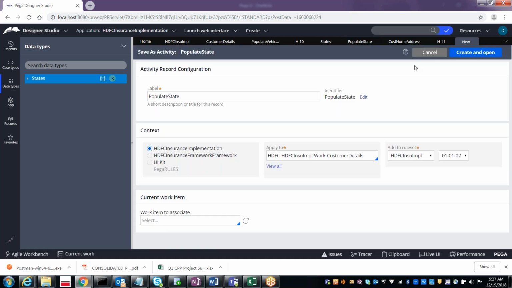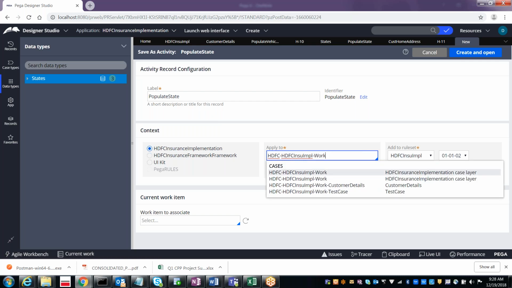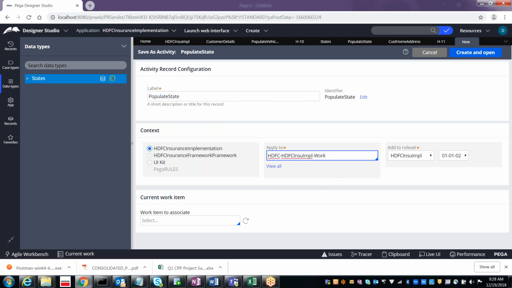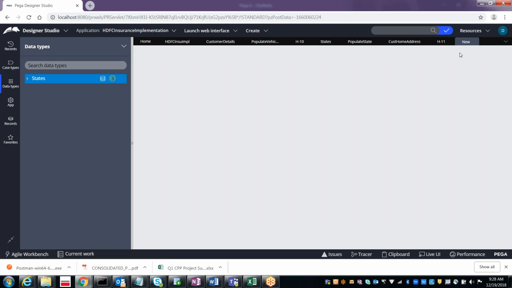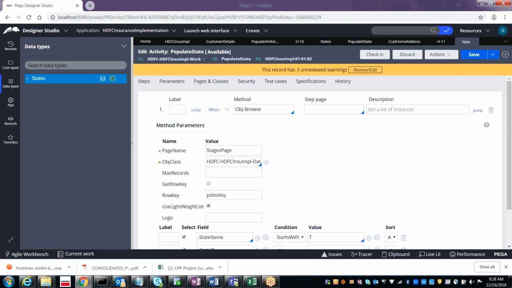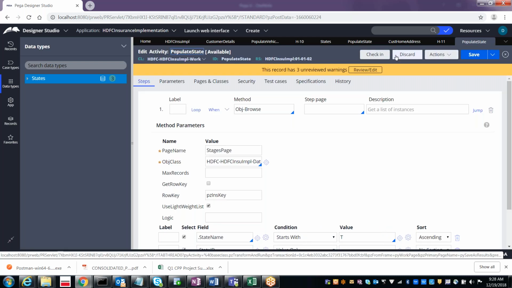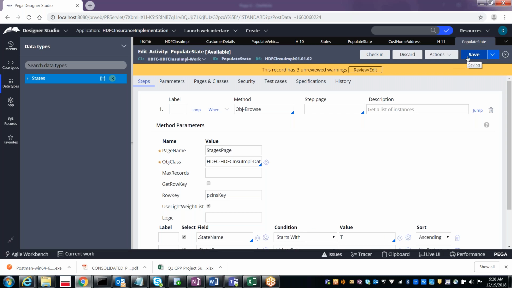While doing the save as, give the same activity name, same application, but applies to should be the work class. Then create and open, and then save it.